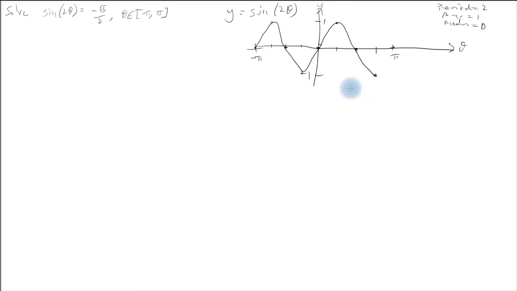Okay, now what we're trying to do is find when this graph equals negative root 3 on 2. Now, negative root 3 on 2 is less than negative 1. So let me draw it in with a dashed line. This dashed line is roughly y equals negative root 3 on 2. So from our quick sketch, you can see that we might expect 3 solutions. This point here,